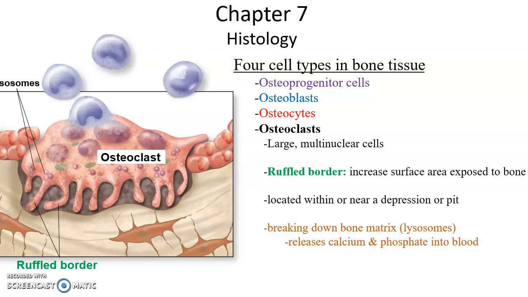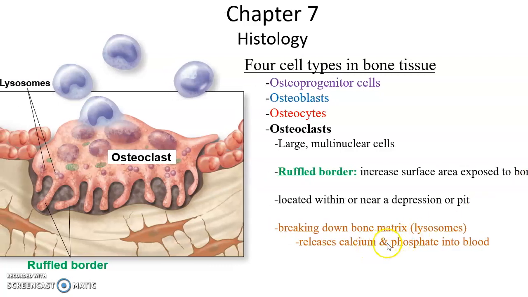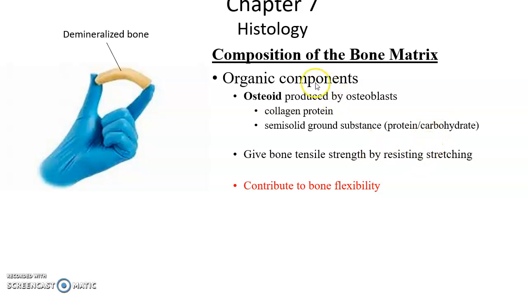And in the process of this occurring, they also lead to the release of calcium and phosphate back into the blood. So osteoblasts pull calcium and phosphate from the blood. Osteoclasts release it. The bone has organic material. That osteoid is made up of collagen proteins and semi-solid ground substance. This gives the bone its strength by allowing it to resist stretching and contributes to its flexibility. And that's it for this part of the